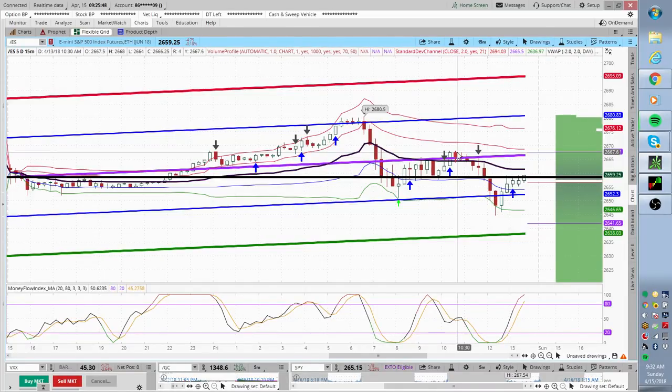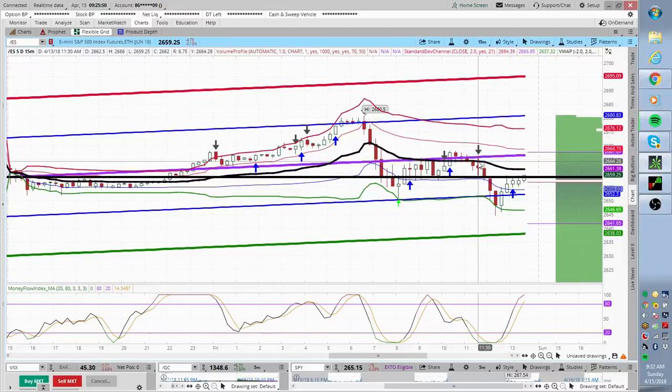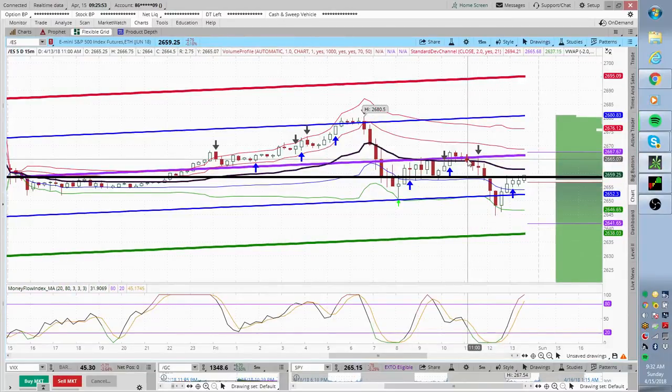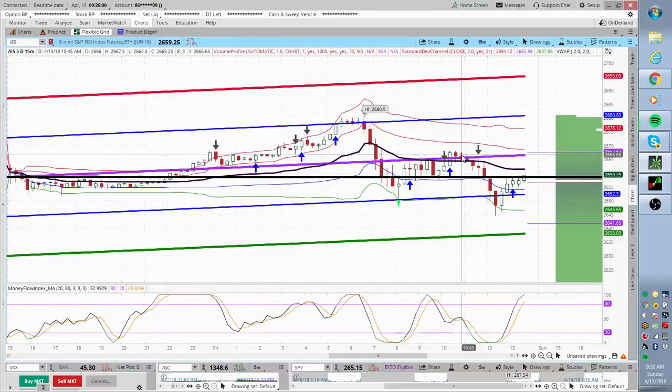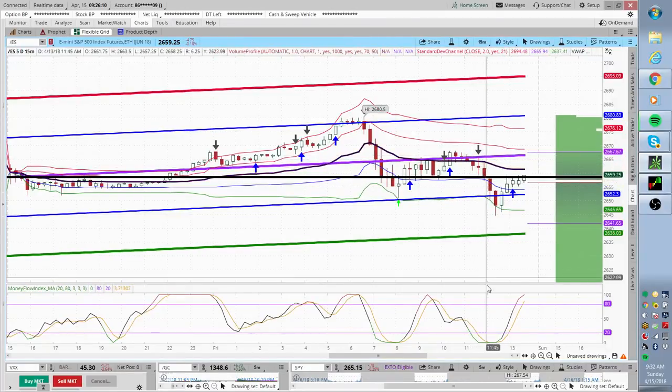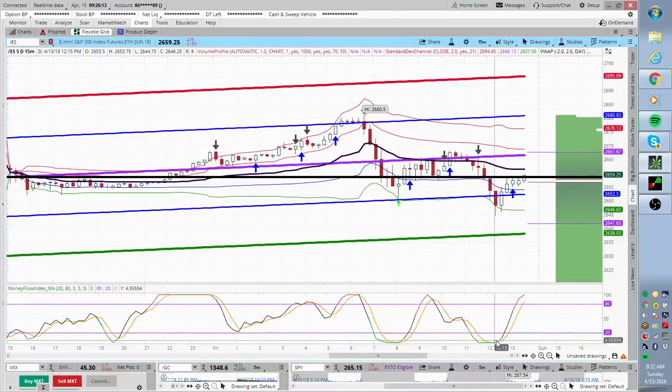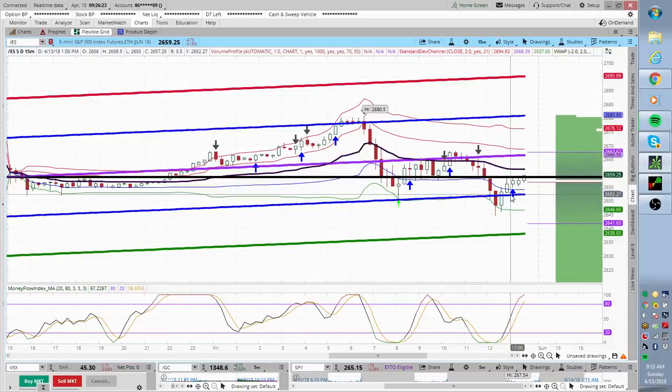And as soon as it broke back down again, we took a short on it, me personally, and I bought SPY puts to drive it in there. I told the people in the chat room, if you're trading the ES, to look to short it after 10 a.m. And that trade was a beautiful trade. It just rocketed all the way down. I closed the trade when the money flow started to turn back up and got back up to this line here, and I closed it. Nice, almost 350% move in about an hour.